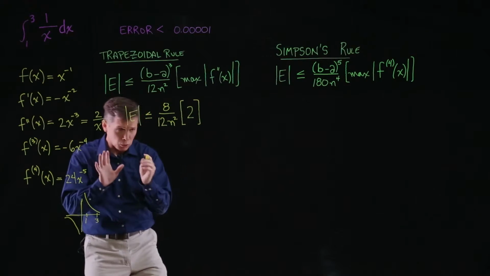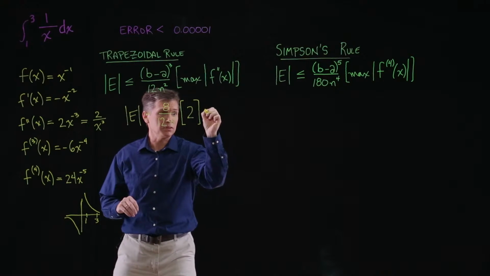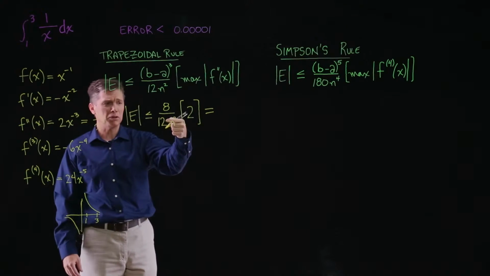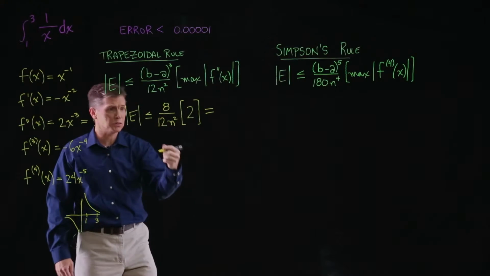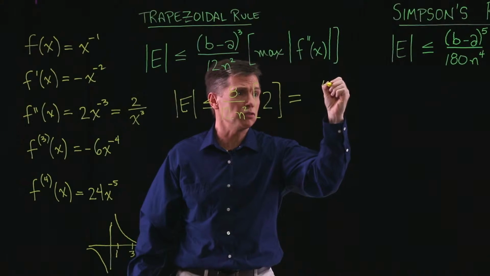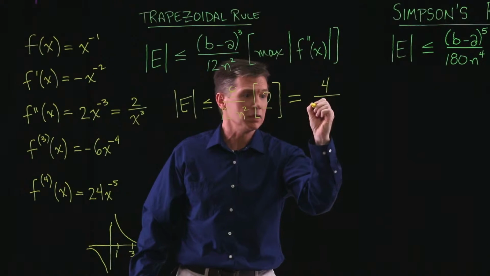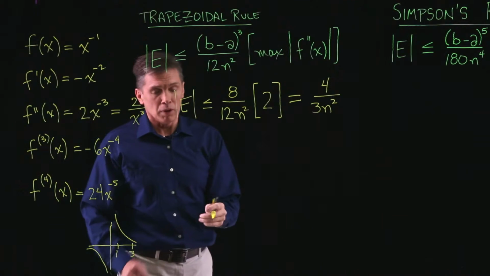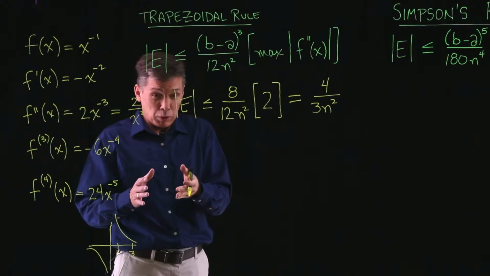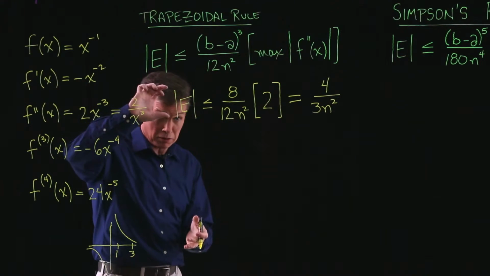Okay. And I'll do one more step here on this line in terms of just multiplying by the 2, or I guess the 2 and the 12. I could cross out and get a 6. 8 over 6, so let's say 4 over 3n squared. Okay. All right, now back to what they asked us to do, though, is to keep, this is an expression